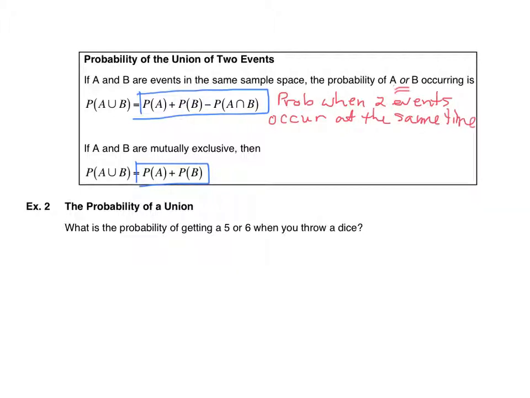And it could be more than two events. I'm just saying two events for here right now. So for instance, you're thinking, well, what's an example of that? An example could be if you're drawing out cards from a deck of cards, and I want to know what's the probability of an ace